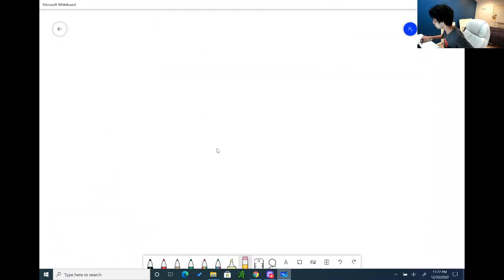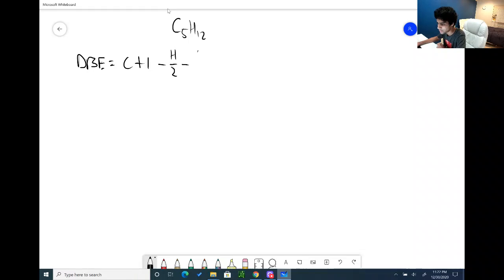So the first one we can start with is, we can count isomers of this simple compound, C5H12. The first step is to use the double bond equivalency equation. So DBE equals the number of carbons plus 1, minus the number of hydrogens, minus the number of halogens, divided by 2,